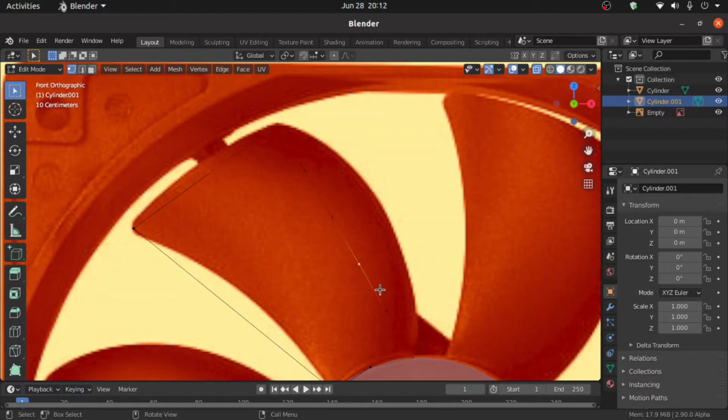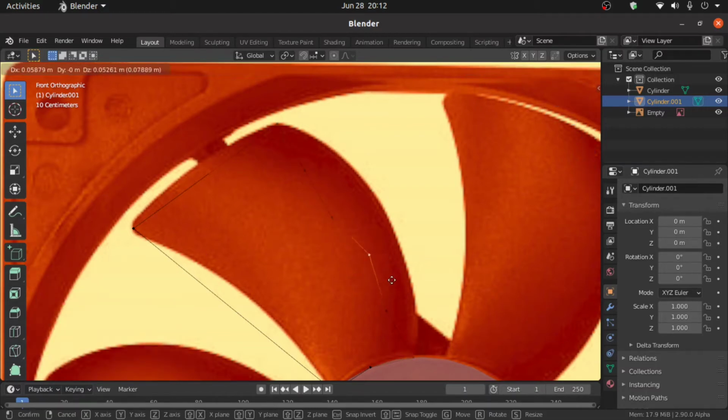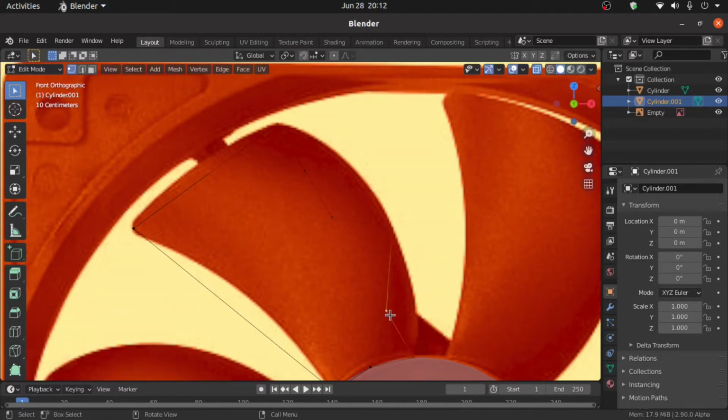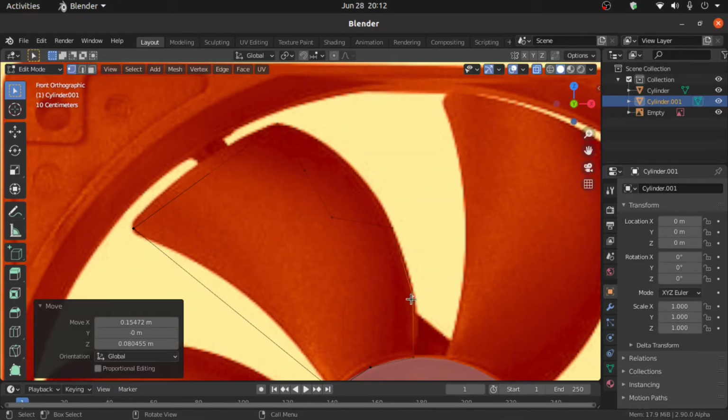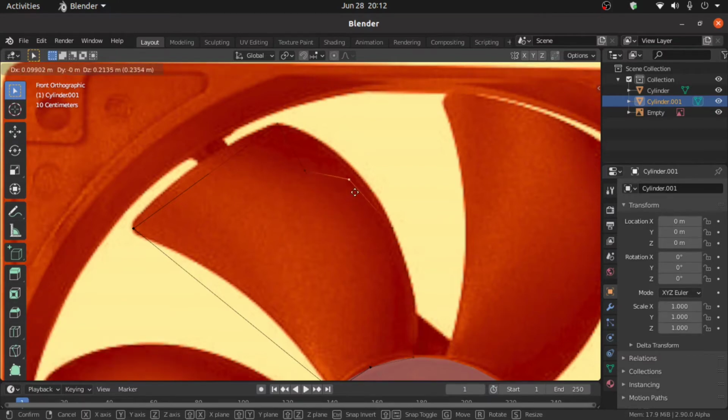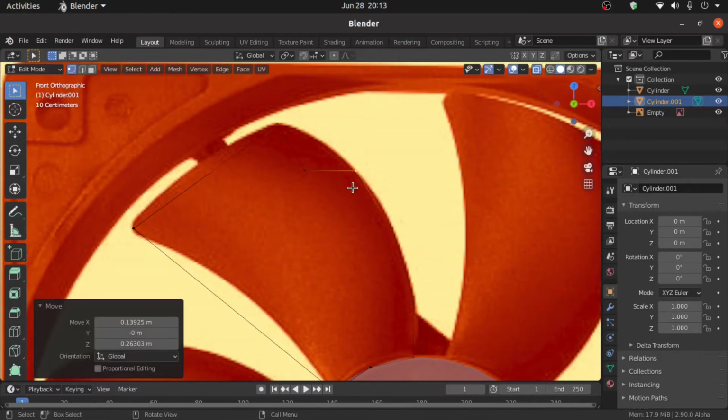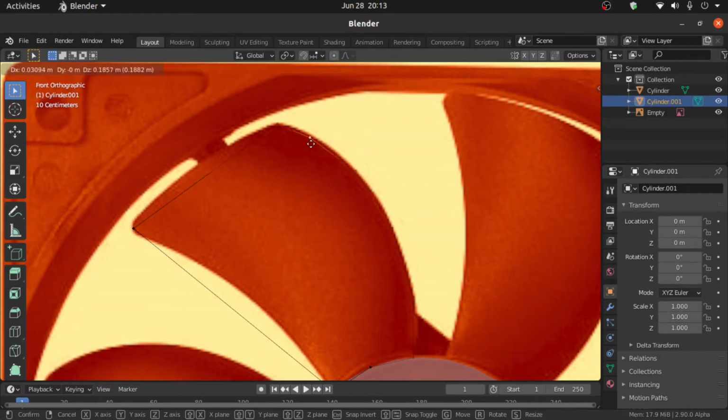Now select this vertex and press G to move like this. Also select this vertex, now press G to move like this. Just move like this. Okay.